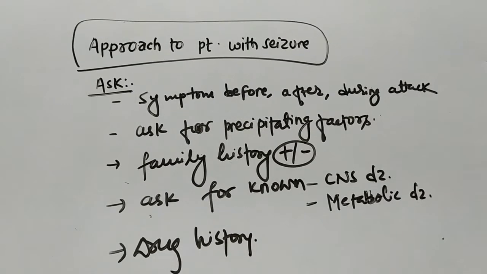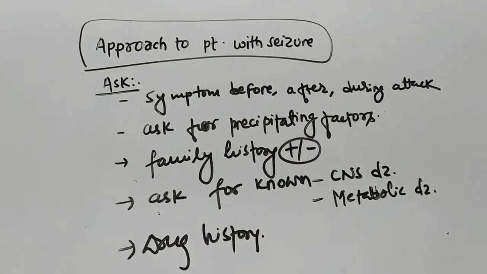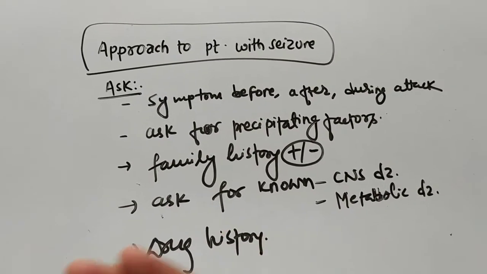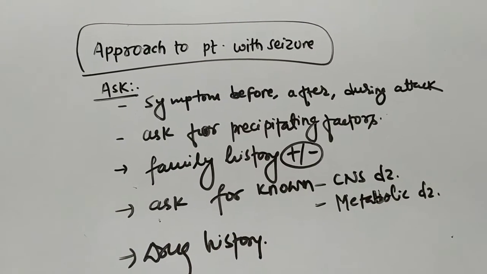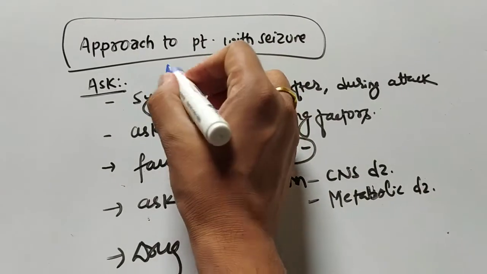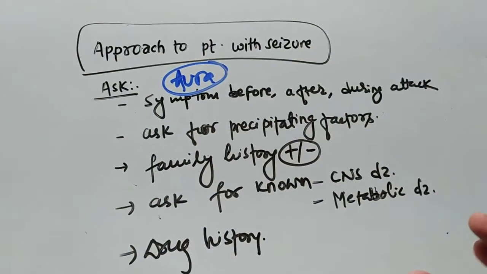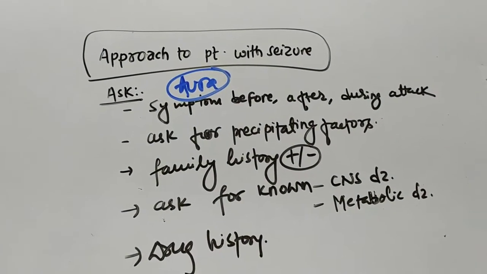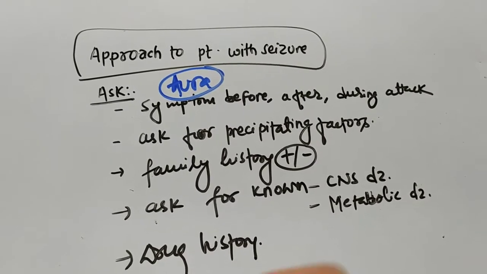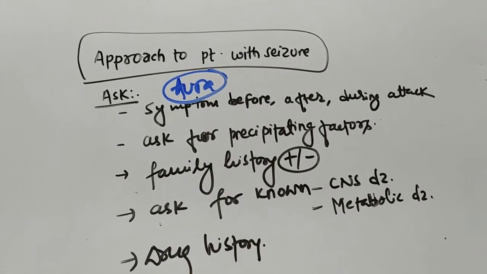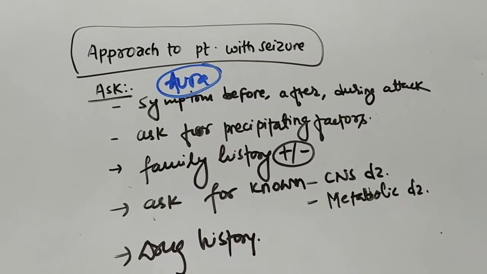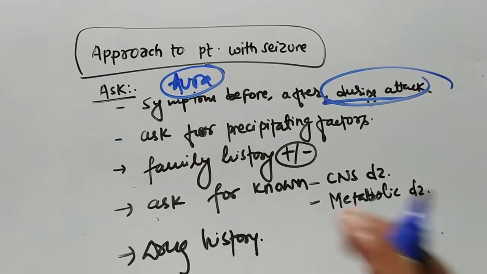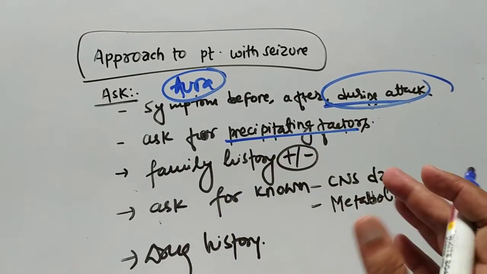In history you should ask from how much time the symptoms have occurred and what those symptoms were before the attack. So it is simply asking whether any aura is present or not, that is, whether the patient gets a warning sign before the attack commences, and what the symptoms are after the attack, and whether there is any post-ictal deficit or not, and what the symptoms are during the attacks. So these are the things you should ask, and also ask for any precipitating factor like